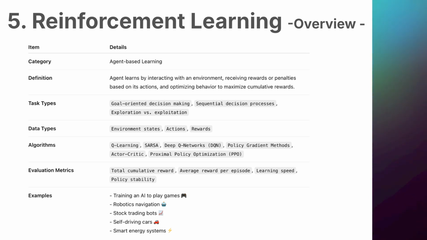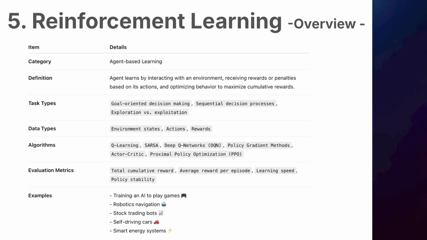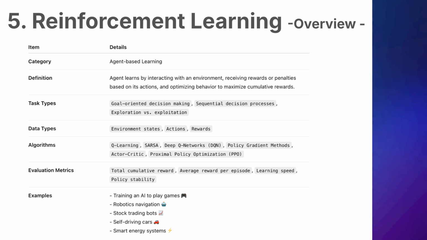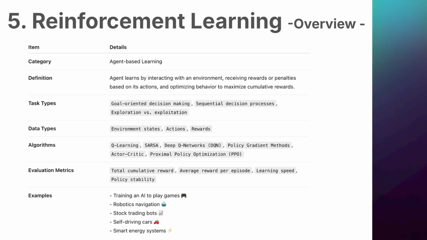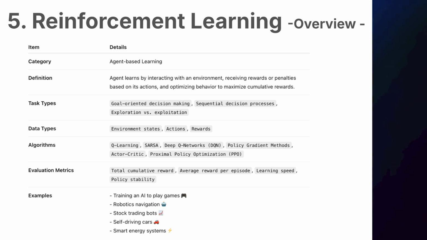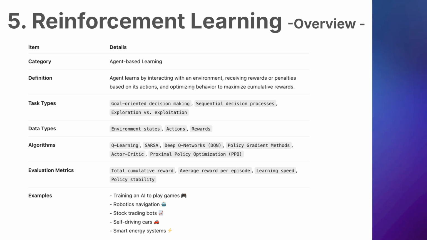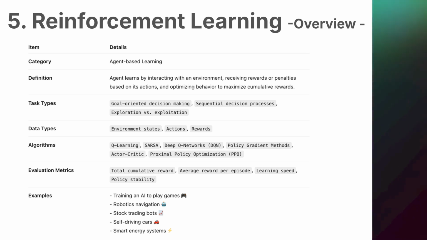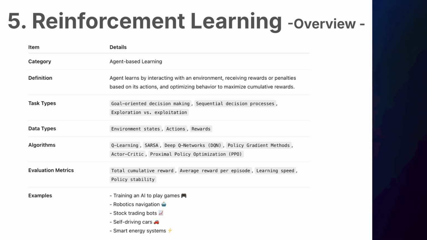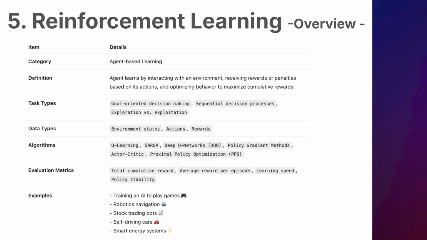Common algorithms in reinforcement learning include Q-learning and SARSA, value-based methods for learning action values. Deep Q networks, DQN, combines Q-learning with deep learning to handle high-dimensional input like images. Policy gradient methods directly learn the policy, like the agent's behavior. Actor critic and proximal policy optimization are advanced techniques that combine value-based and policy-based learning